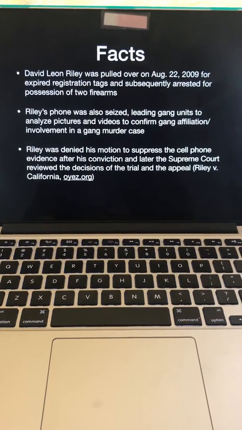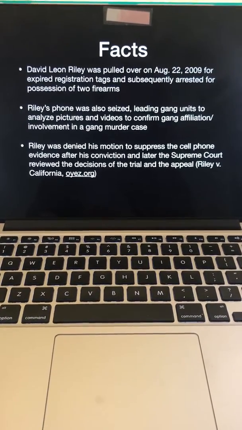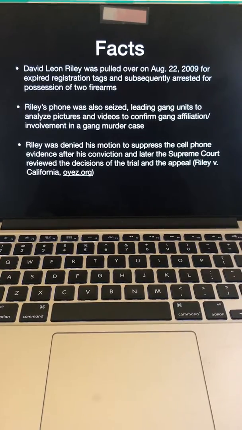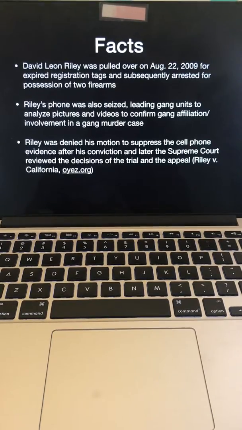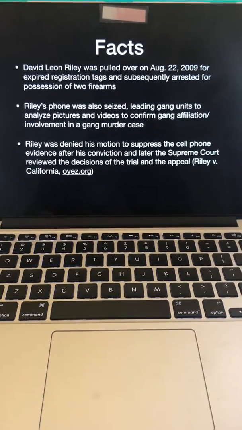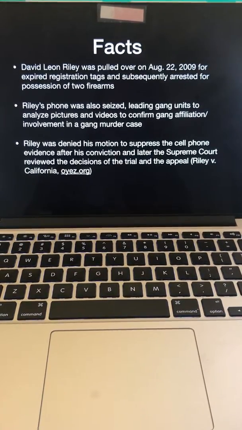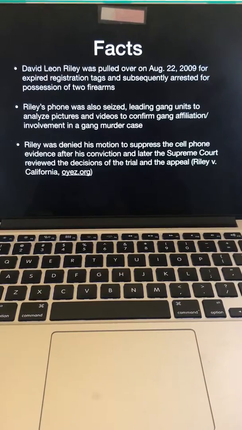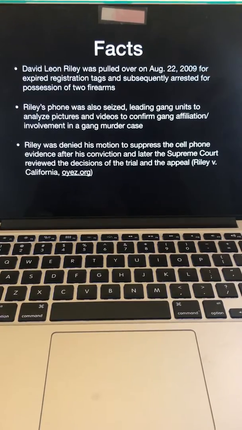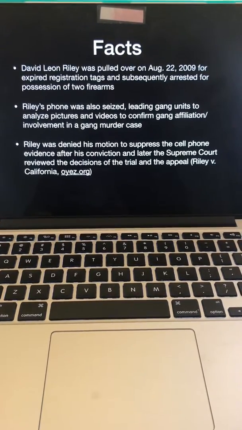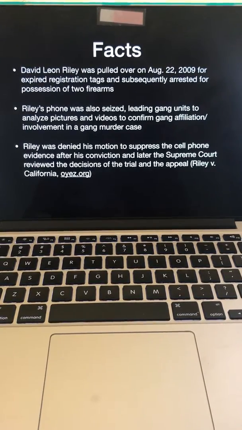On August 22nd, 2009, David Riley was pulled over in a traffic stop for expired tags, and they also found he was driving on a suspended license. Therefore, they had to impound the car, and when you impound a car, police officers have to search it, so they were searching it and found two firearms that initially caused his arrest. And they took his cell phone upon arrest and found evidence on his cell phone that